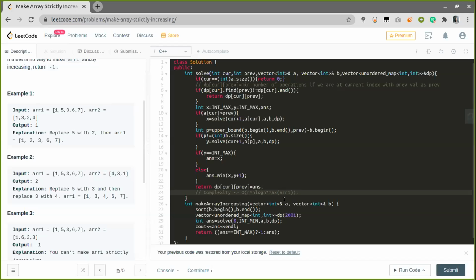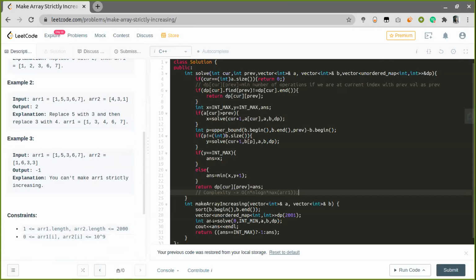For the analysis of the complexity of the program, obviously we cannot say much about the space complexity here.